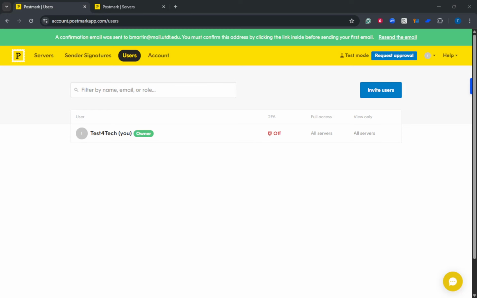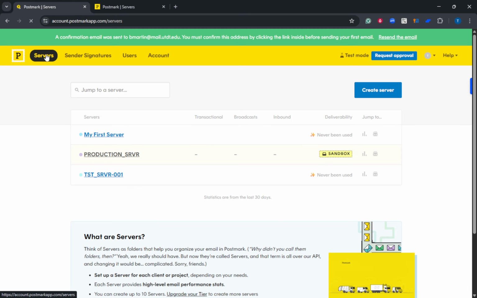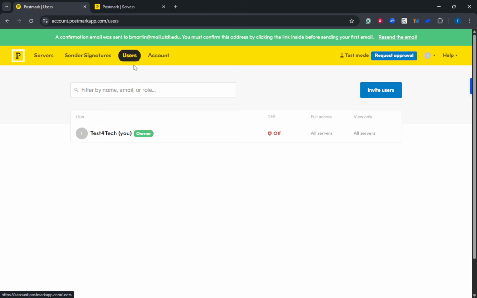In today's video, I'm going to teach you how to add team members and permissions in Postmark. When you're working with a team, it's important to give colleagues access without exposing settings they don't need. Postmark makes this straightforward by combining account-wide roles with server-specific permissions, so you can tailor exactly what each person can